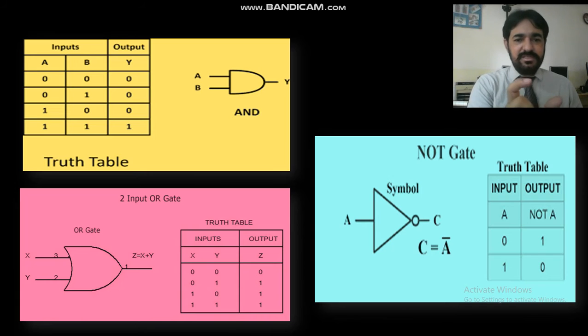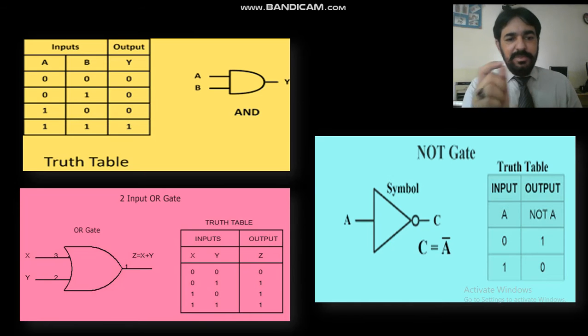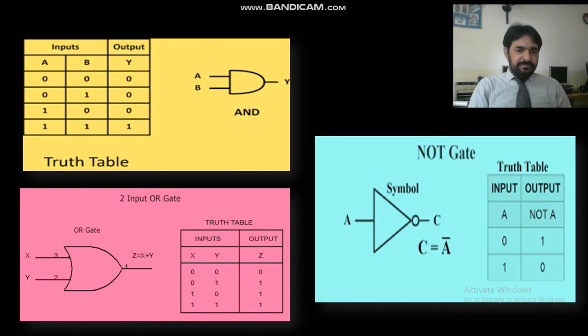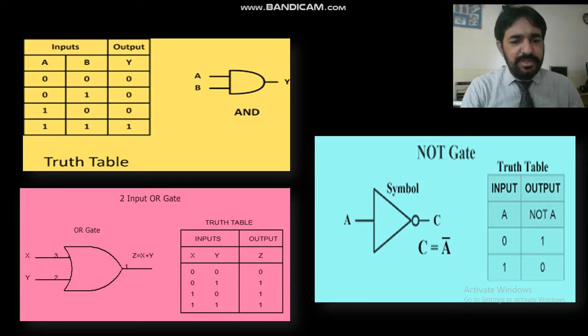Now you are remembering, it is a must to have both values true to get output true. It means in this we multiply both values. 0 multiplied by 0 is 0, 0 multiplied by 1 is 0, 1 multiplied by 0 is 0, and 1 multiplied by 1 equals 1. So we multiply in this AND table. Then we have the two-input OR table.